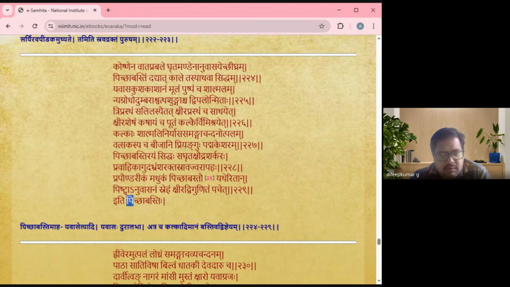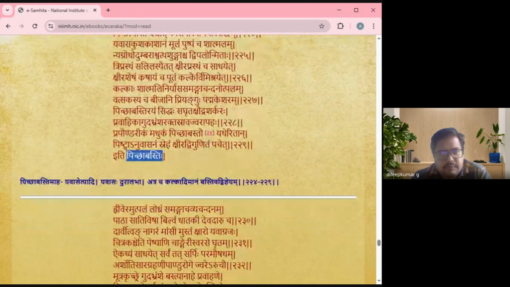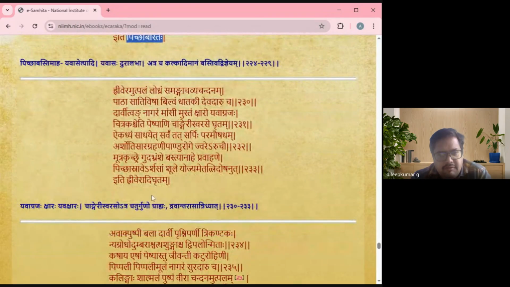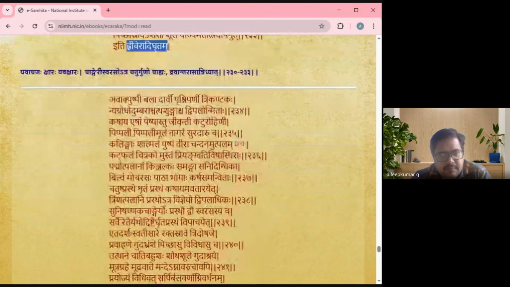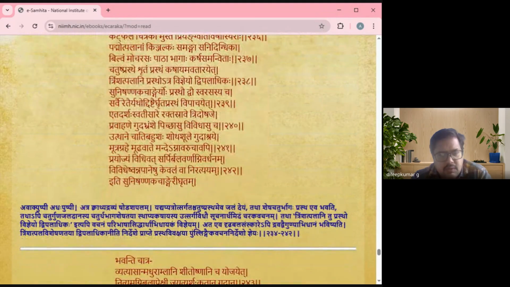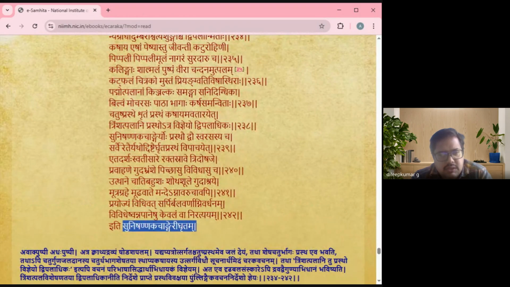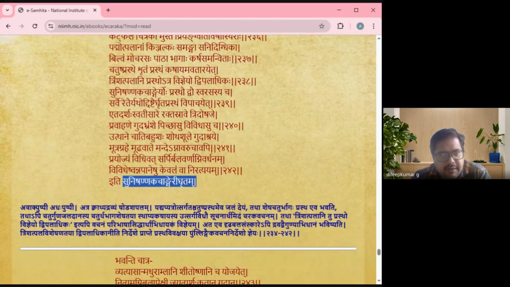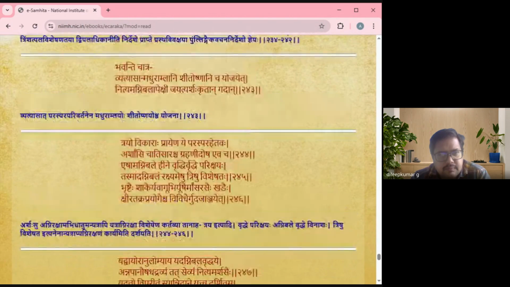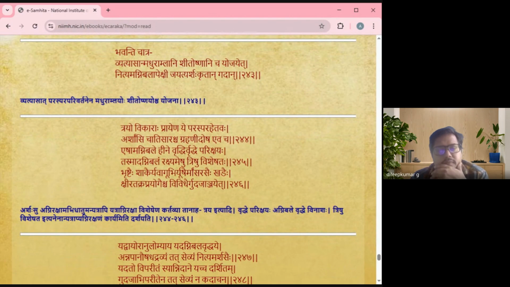Pichavasti is mentioned for bleeding piles, Pichavasti. Triveradi Grutam for bleeding piles. Sunishannaka Changeri Grutam. So this is useful even in case of prolapse of rectum, Buddha Brahmshe. So in this condition, Sunishannaka Changeri Grutam. So that is about